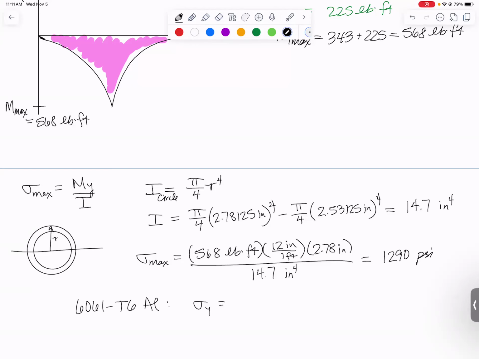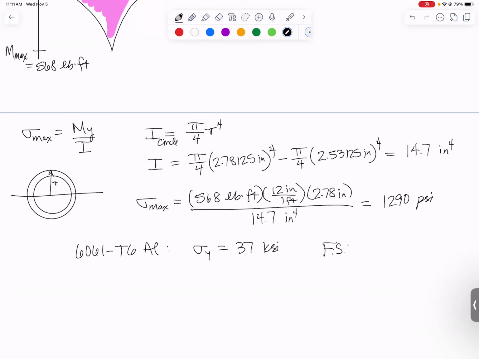The yield stress I look up is 37 ksi. Let's do a factor of safety. Factor of safety is always the stress that will cause failure divided by the actual stress. 37, let's make it psi, 37,000 psi, divided by 1290 psi. This is not going to fail, guys. 28.7 factor of safety. It's way, way bigger than 1, so this is very, very safe and will not fail